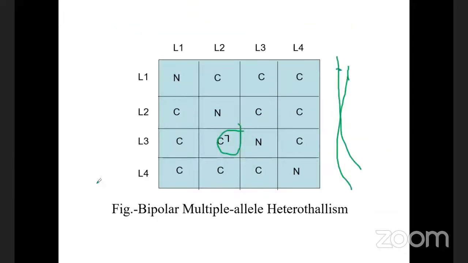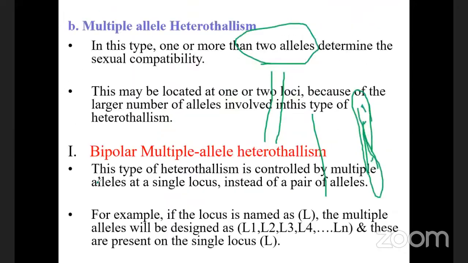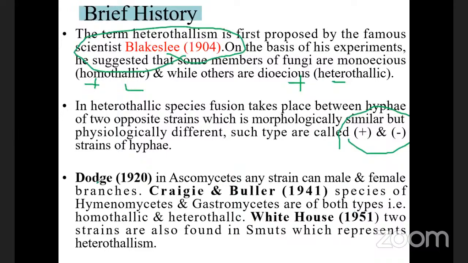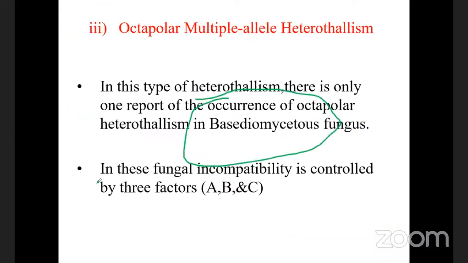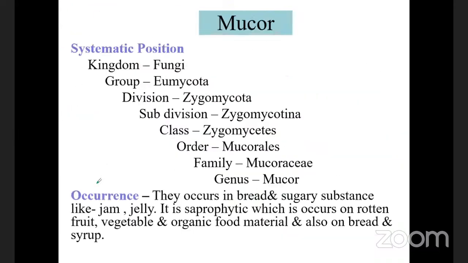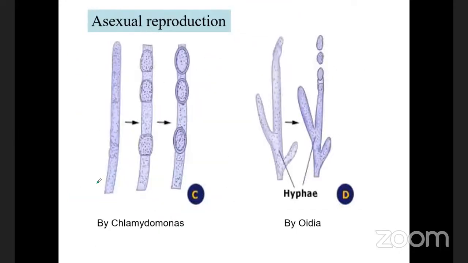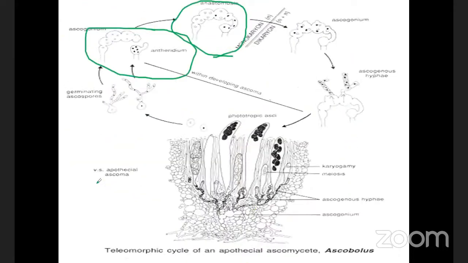Bipolar in the same locus, tetrapolar in two different loci, octapolar in three different loci. This is seen in the lower fungi, especially Mucor and Rhizopus, and in higher fungi, especially Aspergillus. Okay, and the next most important topic is